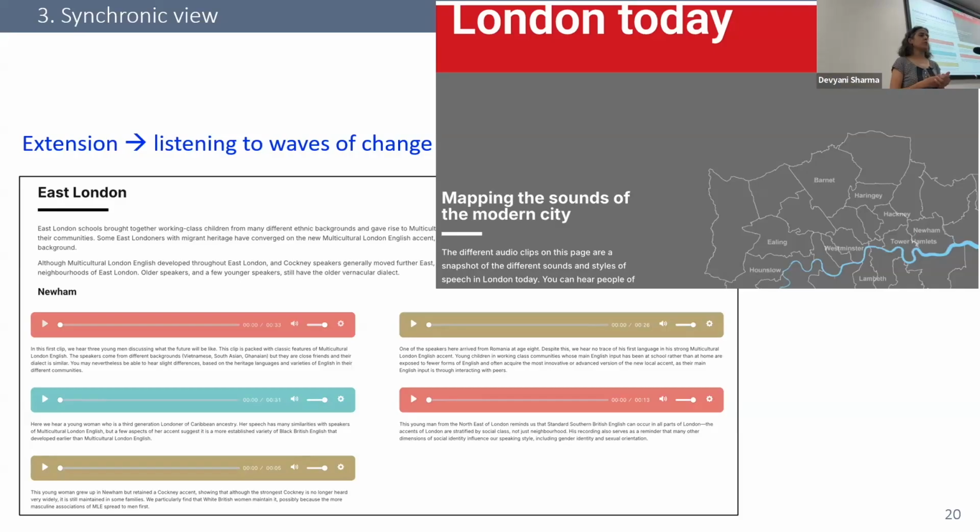I'll tell you more about the project in the next session, but our project focused on East London because one thing we were doing was following up the original MLE projects. Eliza, Sam, Paul are all on the project with some others, and so one component was actually what I'll talk about in the next session. So we focused more on East London, but we did also record in the south and a little bit around other parts of London.